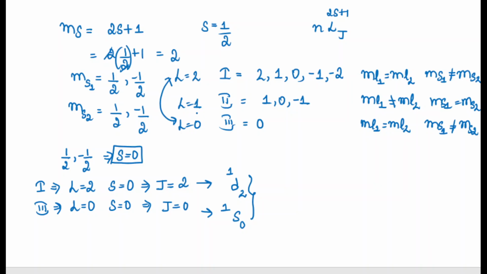For set 2, we have the L value to be 1, and for S they are saying the spins are equal. Equal means half and half, right? That is equal, half and half. Half and half means what are the values we are going to see now? It can be minus half and minus half, or it can be plus half and plus half, right? Now let me take one more slide, it will be very clear. What are the values? L value is equal to 1 and ms1 is equal to ms2. So the S values will be half plus half